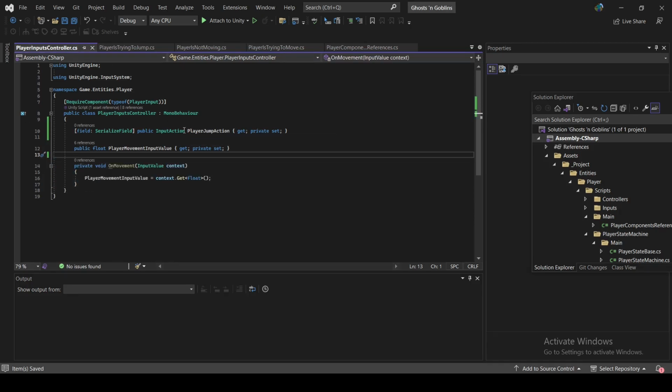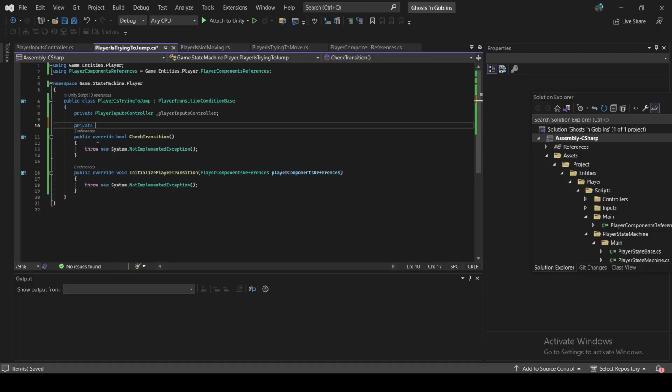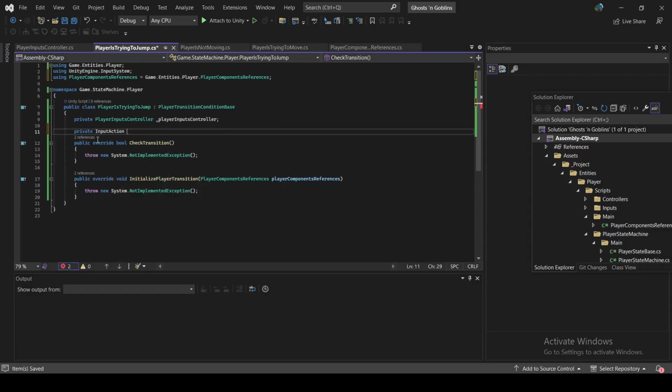Guess I should have created a class for that, but for now let's just try using like this. And the private input action, jump action,